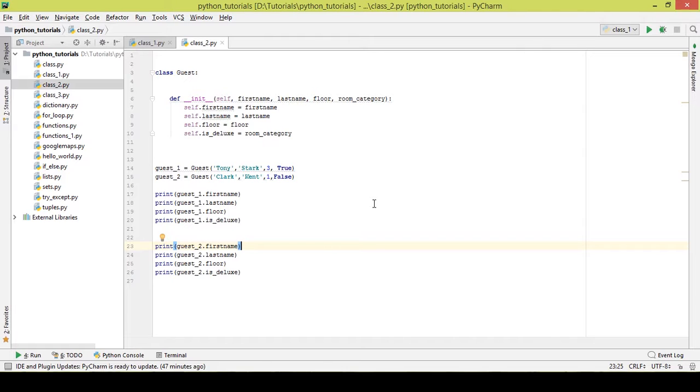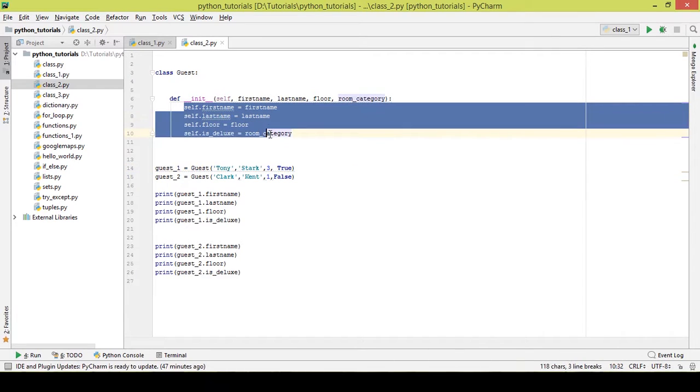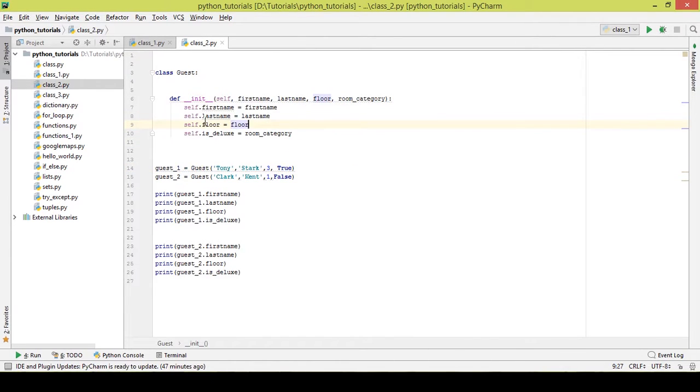So in the previous tutorial we learned how to make a class. We made a class here. We made objects which were guests, and we passed on the instances or attributes of the object, which were first name, last name, floor, and whether the room was a deluxe one or an average or general one. Later on we printed the details of the guest, for example the first name, last name, floor, and